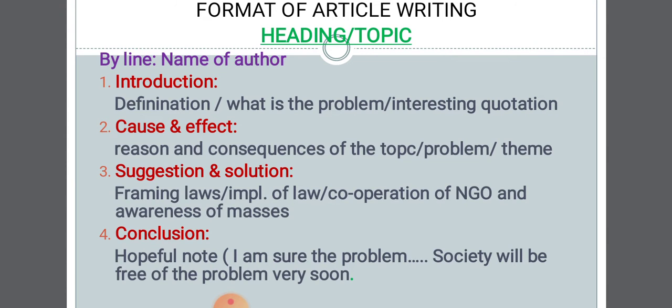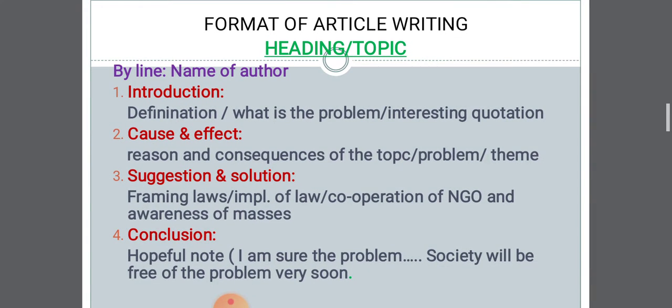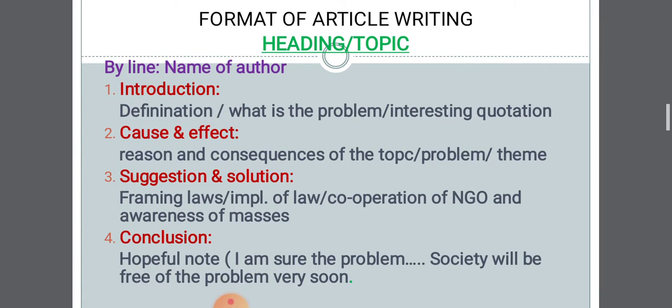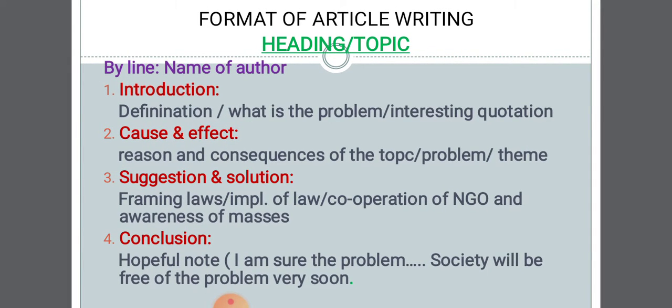Now we'll discuss a little bit about what you are going to do. While writing an article, a lot of thoughts will hover around in your mind. That's why sometimes you get confused. You start writing with something, and then you go somewhere else. That creates a lot of confusion, and thereby the symmetry of your write-up gets disturbed. The ideas are not being properly framed.